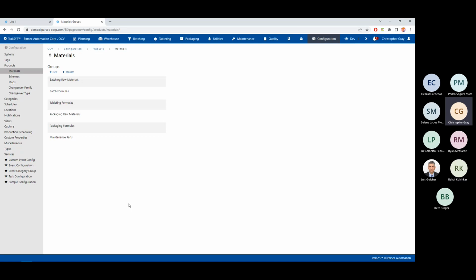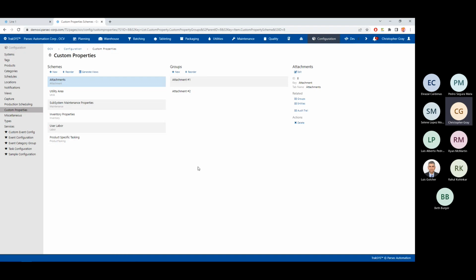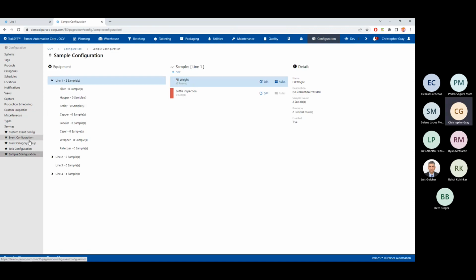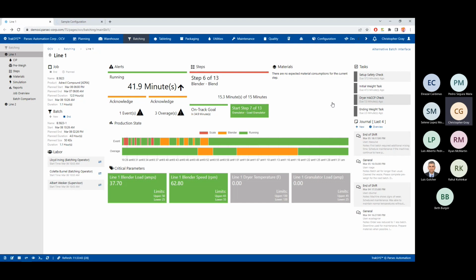So we have built-in capabilities to do things like add custom properties, where these properties are built using configuration and maintained using configuration. A developer can create a property that you can configure and maintain, and then they can reference it, which means you can have your own custom logic that is controlled through new properties. You can also use that to create things like custom configuration pages. So if you know you're going to be making a lot of tasks, a lot of paper forms for people to fill out,